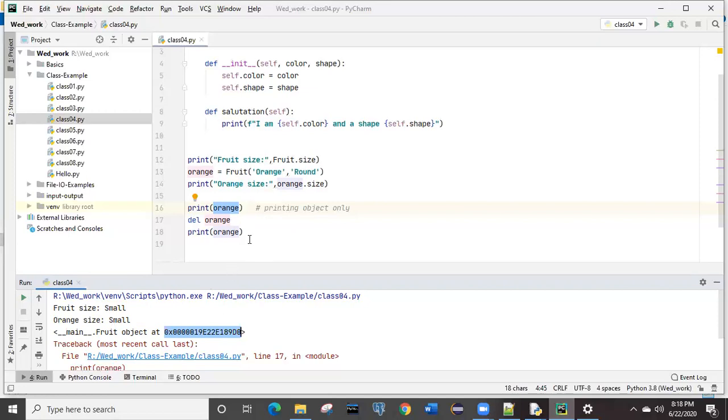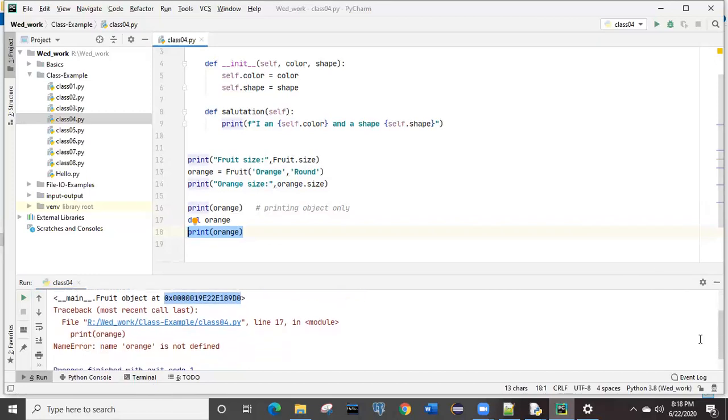Now if you try to print again the details of that object, it is not able to identify whether that orange is present or not, and it is saying name error because that orange name itself got deleted, right? You can see the error, print orange, and it is saying that it got deleted. Because of that, there is no object with this name orange. Orange is not defined, and it is the name error, right?